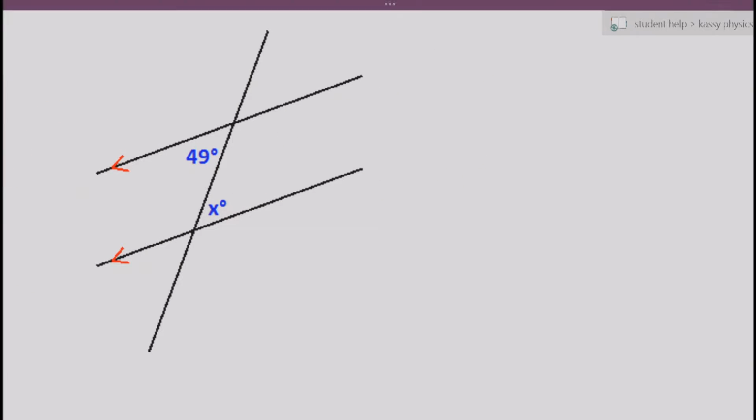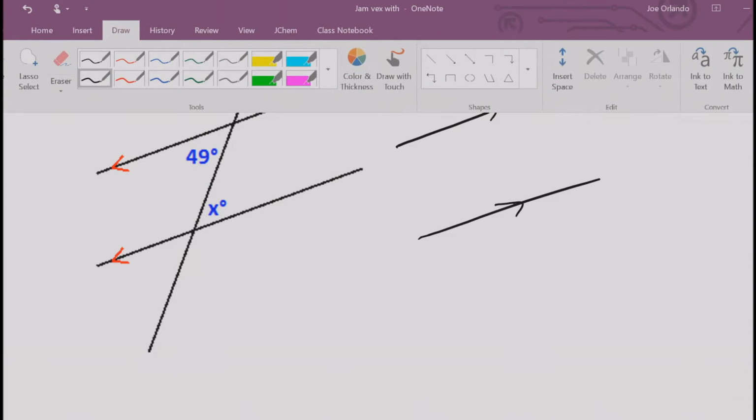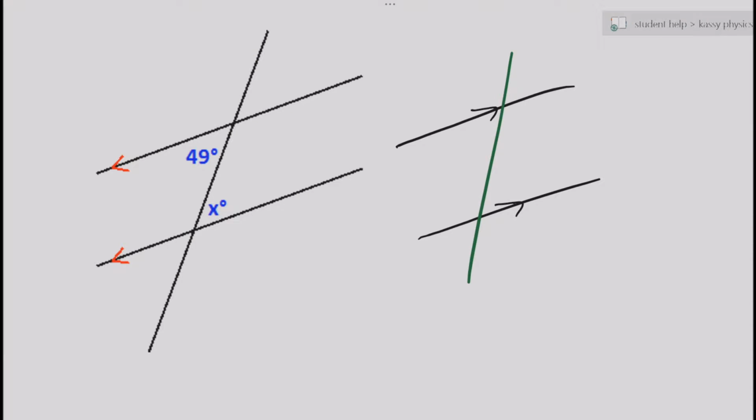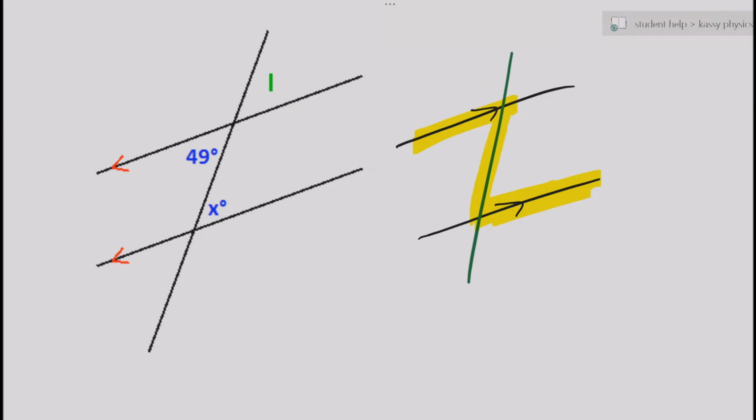Now, the next pattern we sometimes look for, when we have two parallel lines with a line bisecting them, is what we call the Z pattern. So we make this Z shape just like this. And in a Z pattern, we can always say that this angle here and that angle there, so the two angles inside the letter Z, must be equal to one another. And that makes this question a really easy one then, because if you look over here, we have a Z pattern,